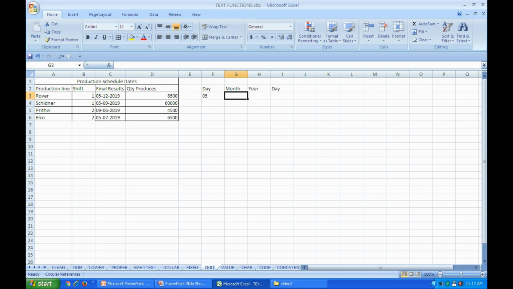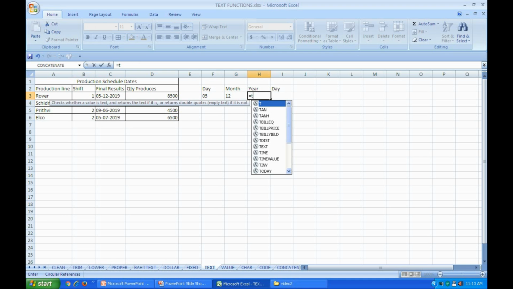Likewise, we will go to the month. Equals TEXT, the production date, comma, a format text, what format you want to be extracted, say month, you have to type mm in inverted commas and close the bracket and enter. Likewise for year also, equals TEXT,